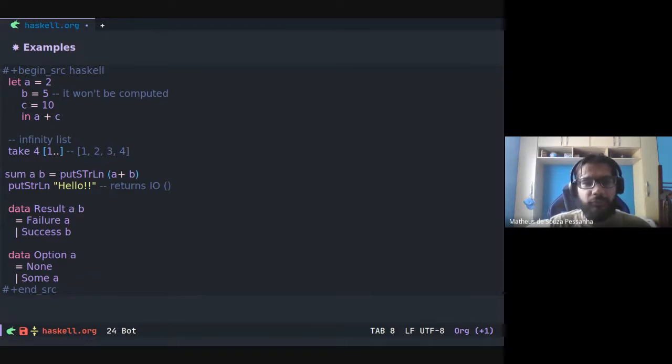But also, if you try to return this function, the stack trace will only return the IO monad. So you encapsulated the state.